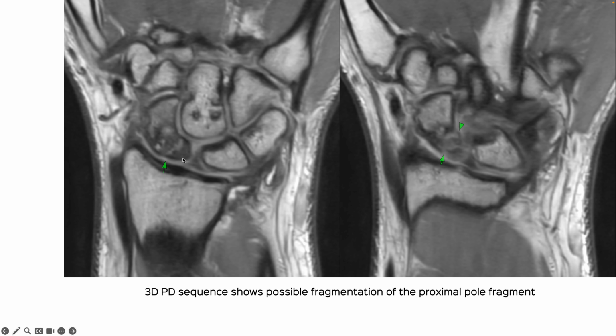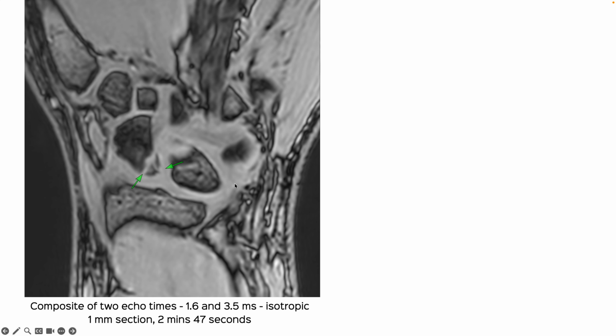We use a 3D proton density sequence which also shows what looks like a little fragmentation of the proximal pole, and there's edema, little sclerosis. Everything else seems okay. So we did an ultra short echo sequence, which is a composite, and this image is a